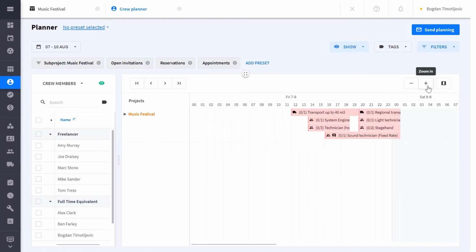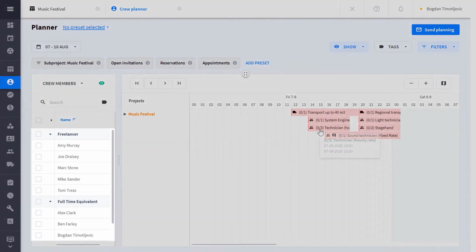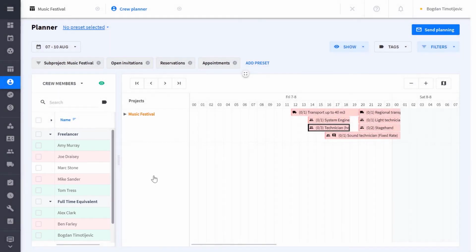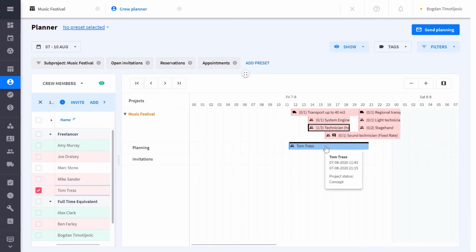In the Crew Planner, you can see the functions for projects we need to plan on. Select the function to see each crew member highlighted in different colors depending on their availability on the left-hand side. You can double-click on a crew member to plan them on that function. Change their planning as needed with the click and drag.